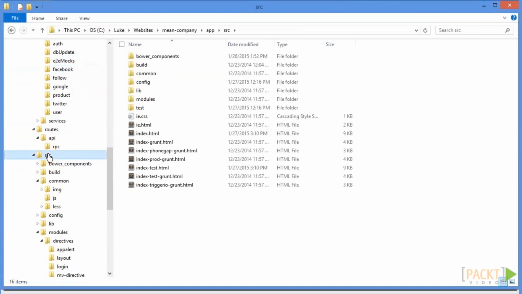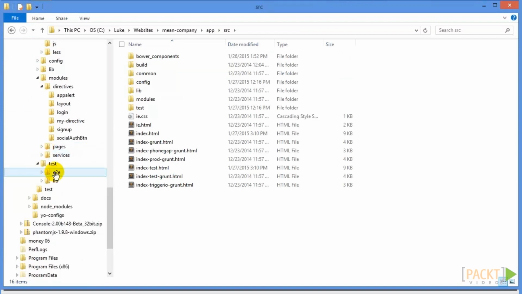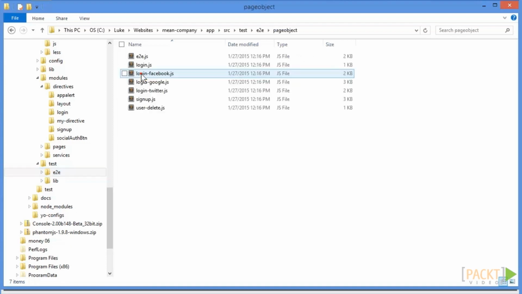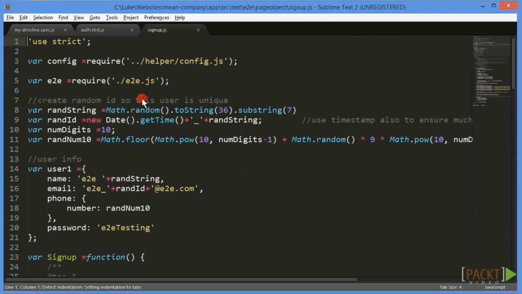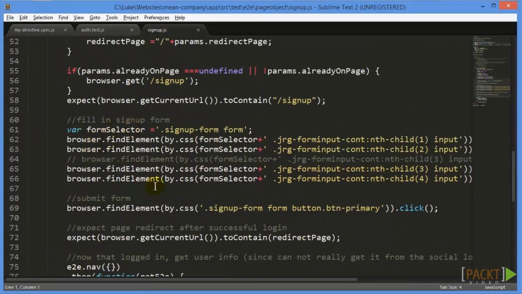If we go back into our front end in SRC, and then we go down to test, we have this E2E for end-to-end folder, and then we have these different scenarios. And we modularize our tests, so we have this page object and this helper folder that actually abstracts some of our code away. We went over the signup page object and test, which allows us to actually simulate filling in